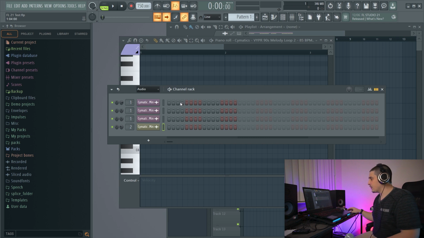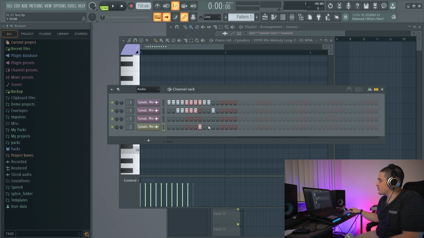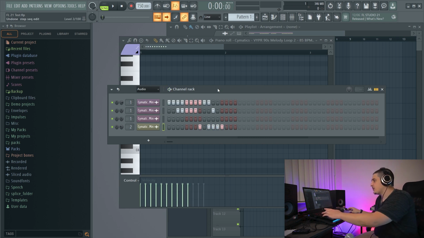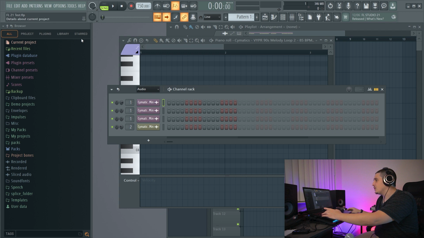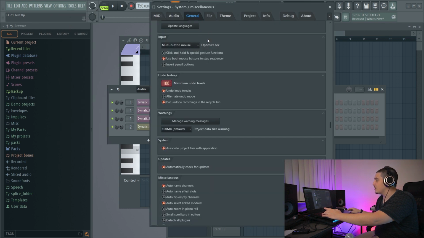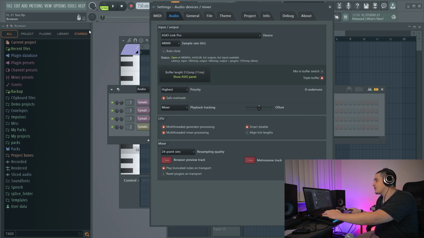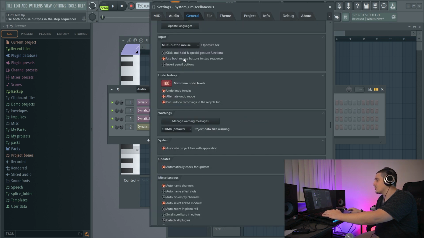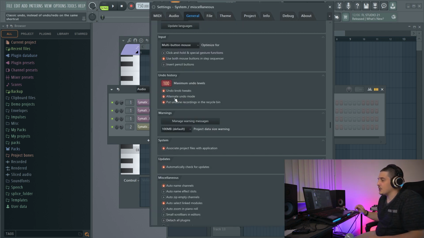First things first is in FL Studio 21, the beta at least, the Control-Z, instead of undoing one or redoing one like it does in FL Studio 20, it would undo everything. And we have that option if we go to General, Alternate Undo Modes. So if it defaulted and you noticed your Control-Z is different, this is where the option is,